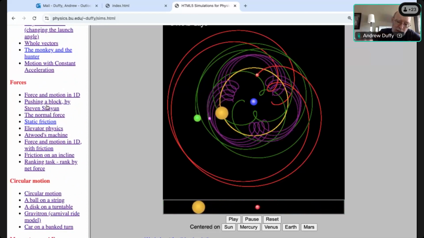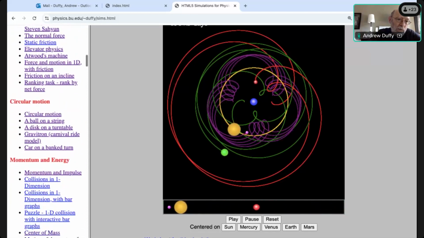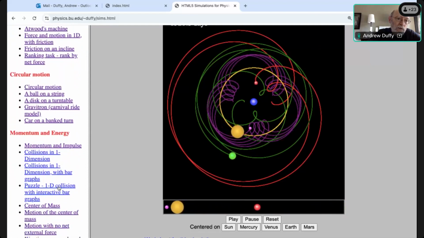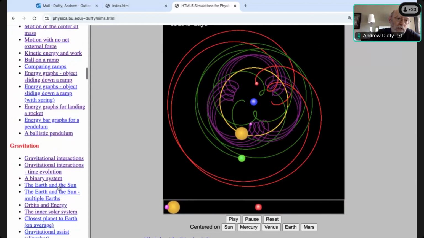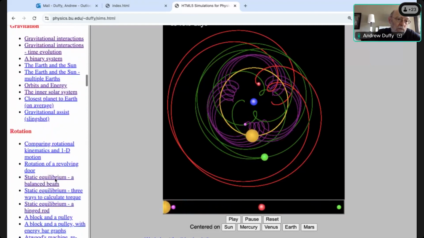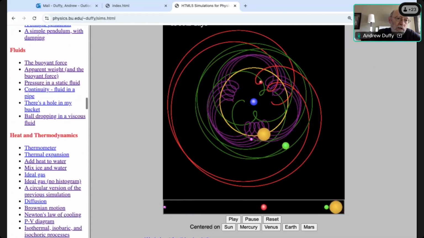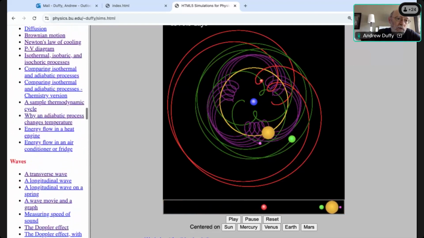He's got a nice hand pushing a block along. So every once in a while, you see some other ones that are not from me. Circular motion, and energy, gravitation, which is where this one is part of, rotation, harmonic motion, fluids, heat and thermodynamics,